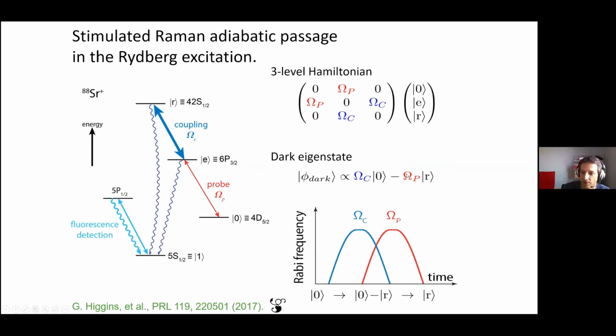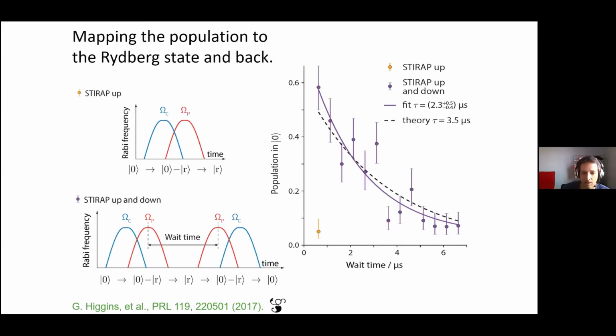If you now switch on omega p, the probe laser, slowly while switching off omega c, then you get an adiabatic following of the system in the dark state, and you adiabatically transfer population from this initial state 0 to the Rydberg state. This is a stimulated Raman, of course not really Raman, a two-photon adiabatic passage. Okay, if we then map the population up by such a pulse sequence here, we excite it into